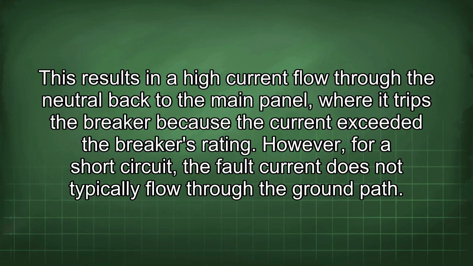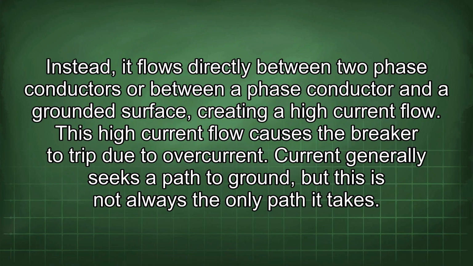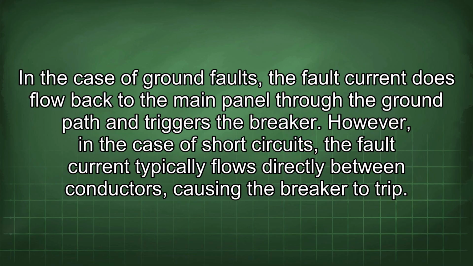However, for a short circuit, the fault current does not typically flow through the ground path. Instead, it flows directly between two phase conductors or between a phase conductor and a grounded surface, creating a high current flow. This high current flow causes the breaker to trip due to overcurrent. Current generally seeks a path to ground, but this is not always the only path it takes. In the case of ground faults, the fault current does flow back to the main panel through the ground path and triggers the breaker. However, in the case of short circuits, the fault current typically flows directly between conductors, causing